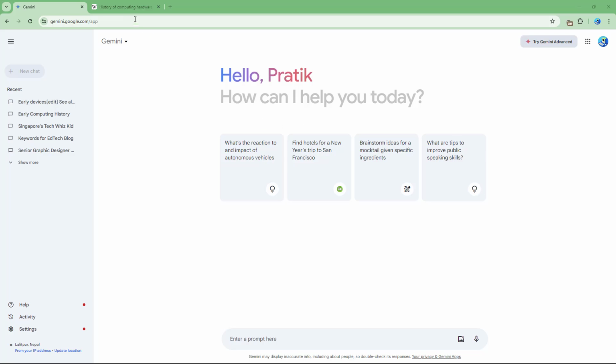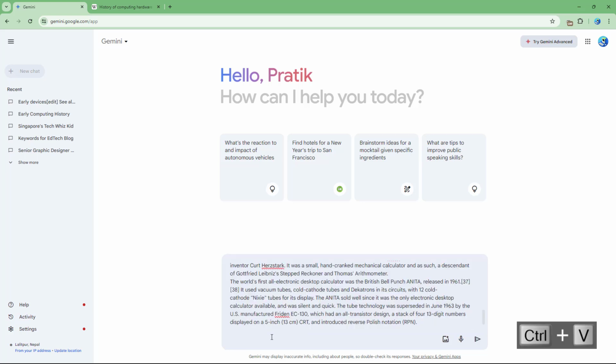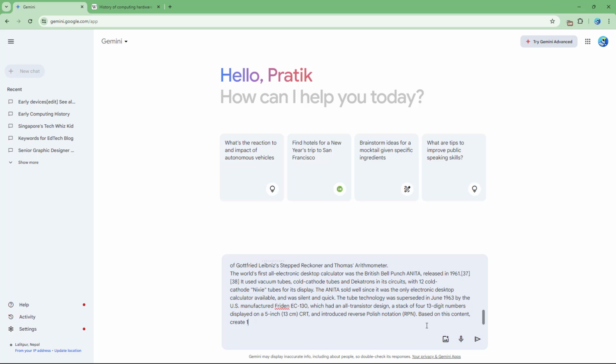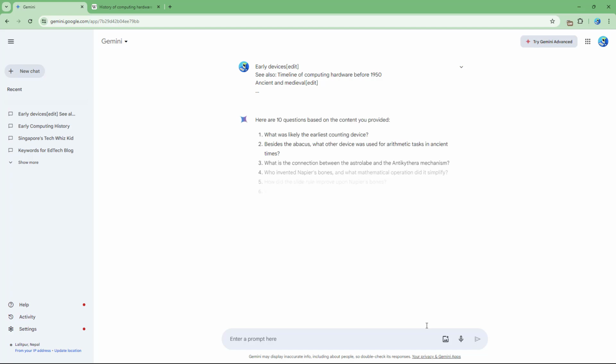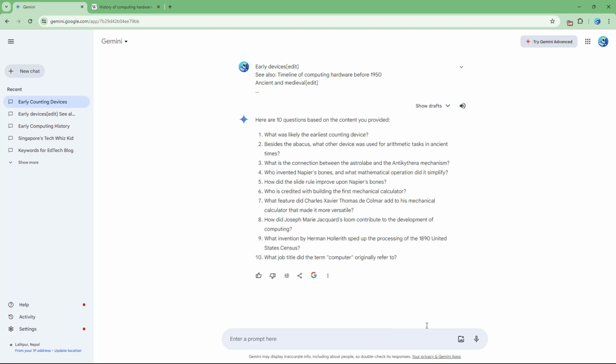So what you can also do is copy out some content, give that content over here to Gemini, and then ask it to write questions on the basis of it. So let's say, for example, based on this content, I'm going to say create 10 questions right here, just like this. If I do that and press enter, then it simply makes questions on the basis of it,